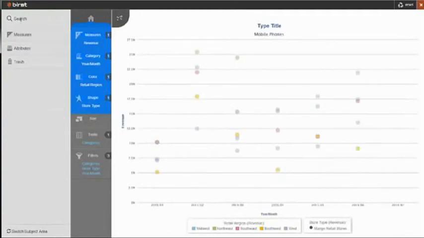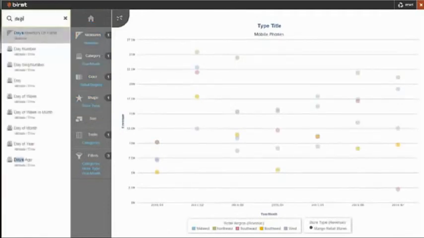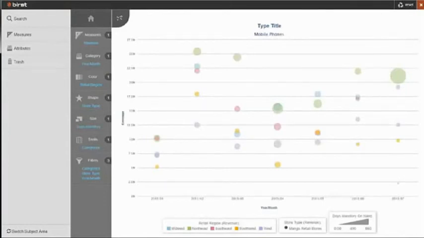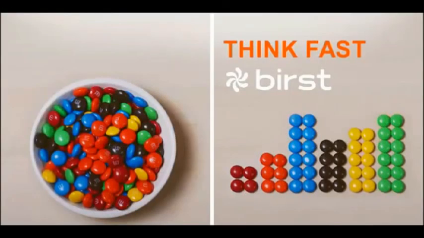Let's remove quantity for a second and add days of inventory on hand as the size instead. Suddenly, the northeast looks interesting, uncharacteristically large. And as we noticed before, the stores in the southeast have almost no inventory. This is actually not bad. We now have both the problem and a solution. Moving inventory from one region to the other seems to be what I need to do. I'm ready to make some calls, and it took me just 3 minutes to get there. Thinking fast, using the visual